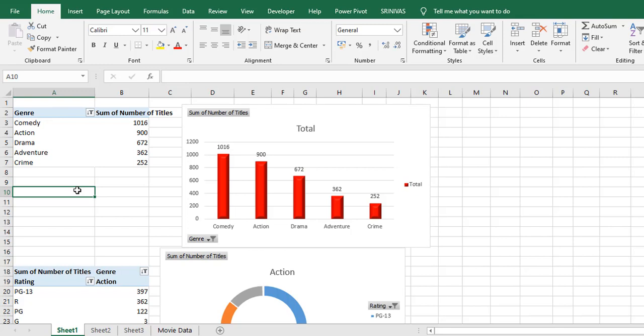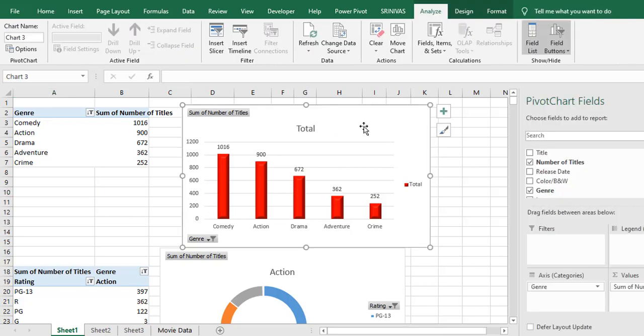If you make any changes or apply any filters in the slicers or timelines, all the charts are going to update simultaneously and automatically. So what is a slicer? It's just selecting the required data. It's like a filter only. We also discussed the timeline completely, and we'll see how to create the slicers for the pivot charts and how to connect those slicers and timelines to all pivot charts. First, select any one chart.